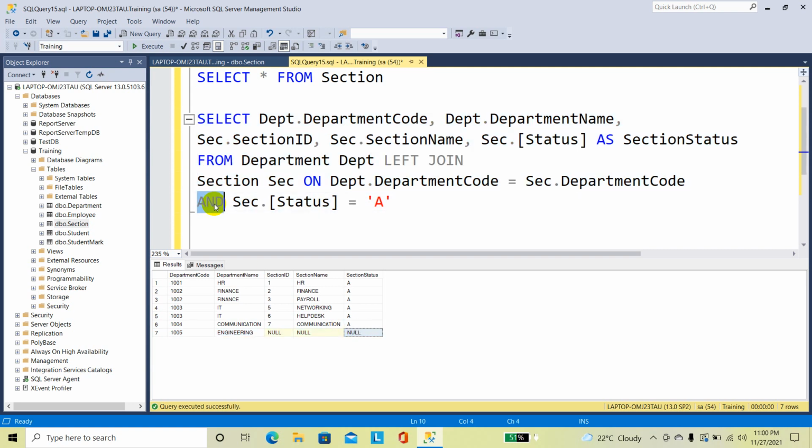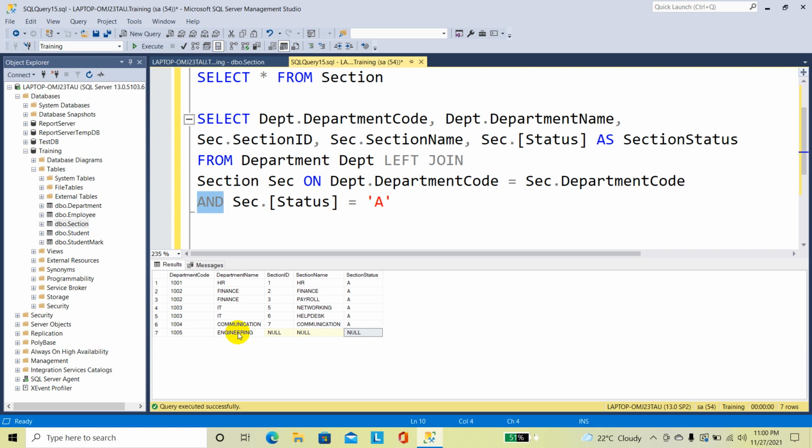Here the AND condition will work with the left join. So first it will check all the sections which are coming under the department and the section status is active. So here the programming section is coming under IT department, but the status of programming department is cancelled. That's why the programming department is not displayed here.